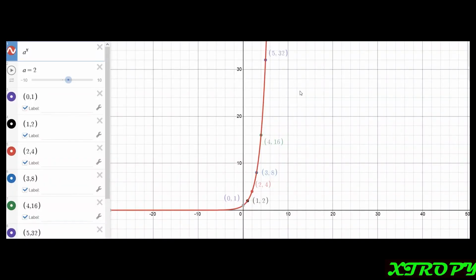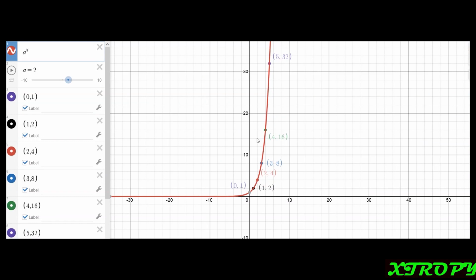Let us have a more detailed look at the graph of an exponential function. So this is the graph of a to the power x, or to be particular, currently the value of a is 2. Therefore, this is the graph of 2 to the power of x. As you see, I have plotted some points for a better visualization, and you can see that a small change in x, like we are going from 0 to 1, from 1 to 2, then 3, 4, 5, the change in y is gradually increasing. This is actually the nature of any exponential curve.